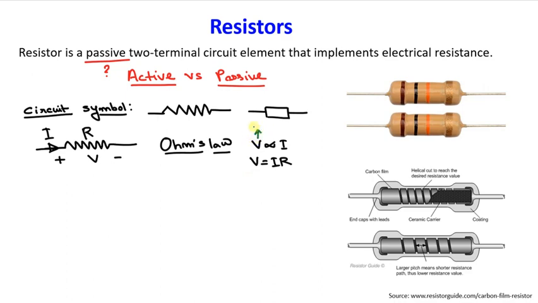And if this V is expressed in volt and I is in ampere, then the unit of R or resistance is Ohm, and is also denoted by this symbol. This Ohm is the SI unit of resistance that you already know.